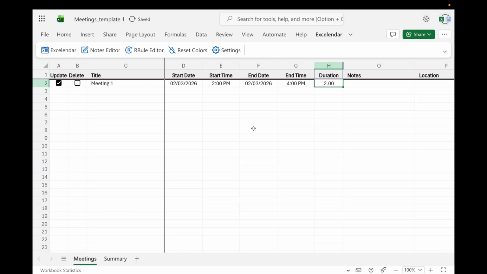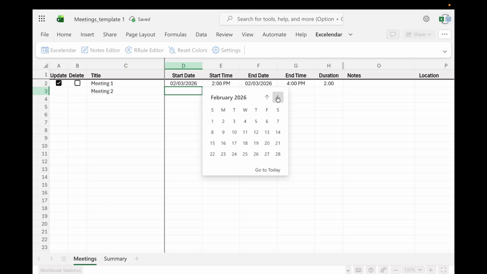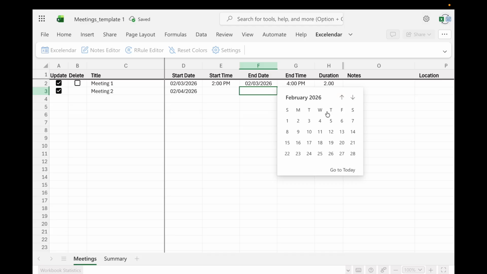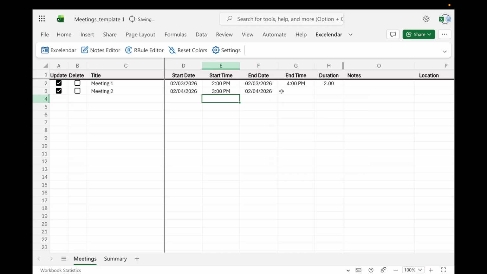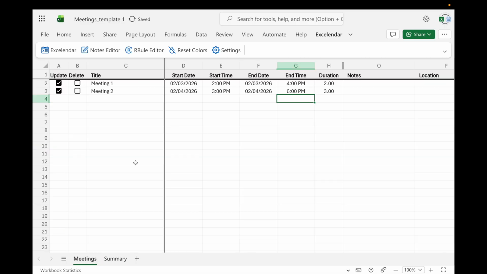Let's add another event. Again, we now see the duration for this meeting. And the summary sheet shows the total duration of these two events, depending on the criteria that I've specified in this sheet. This template can be used to track events you manage manually, in which case you can hide the